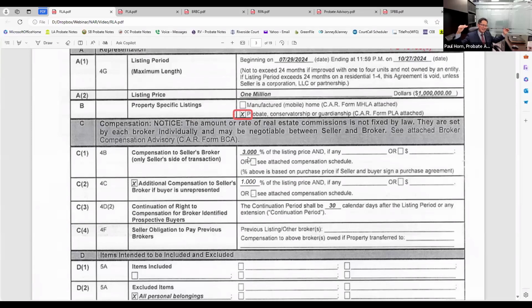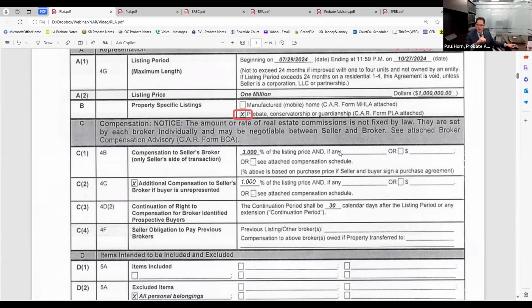Okay, so it's a departure from the old way. The old way was, hey, give me 6%, give me 5%, and I'll share it with the buyer's agent. No more. Welcome to the new way. The new way is, what is the seller paying you, the listing agent? That's it. So if you do 5%, 3%, or 2.5%, whatever it is that the seller's gonna pay you, they're gonna pay you. So right there, 3% only for you.